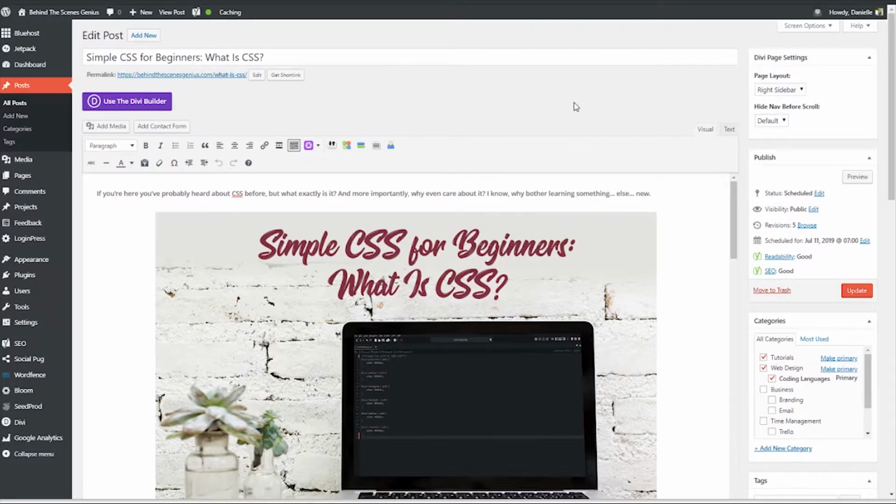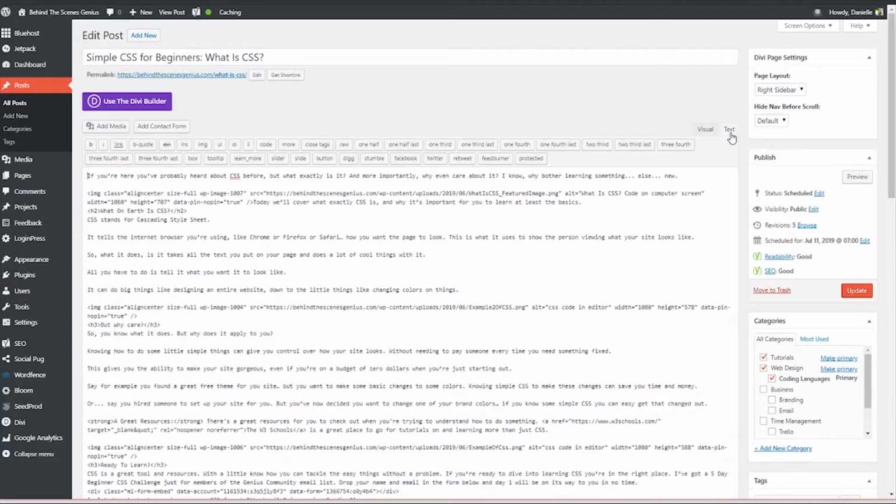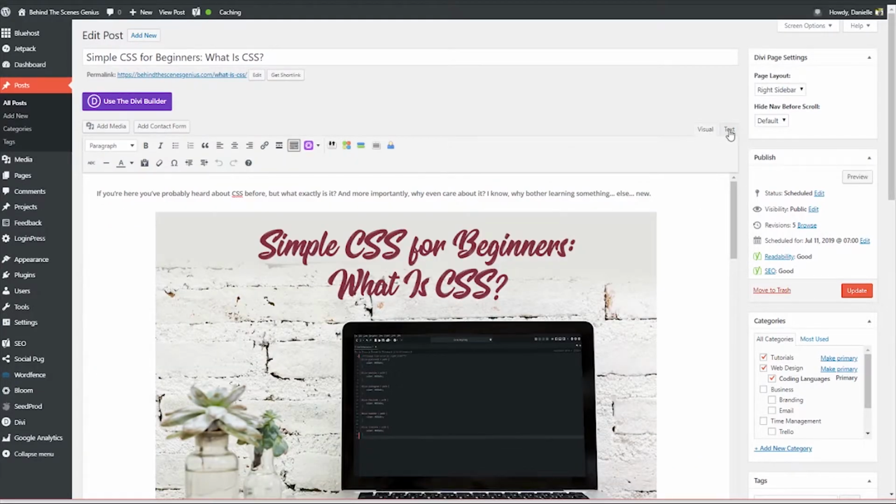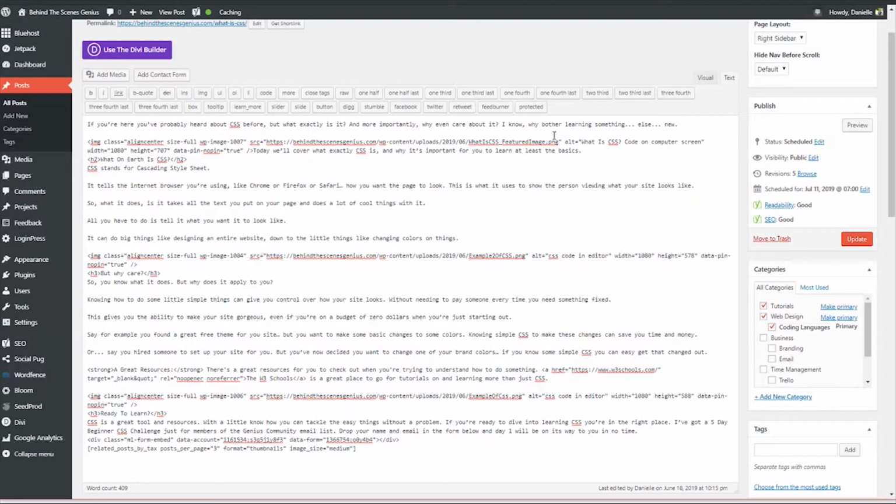So now that we've got the code that we need and the links that we need, let me show you two common places that you're likely to see needing this or where you'd use this on WordPress. The first one is going to be in your post itself. Over here on the right, you can click on the text tab. This just shows you all of the HTML code making your post look that way. Within here, in between the paragraphs, wherever you wanted to add your clickable image, you could add that line of code, add in your links, and you've now added that